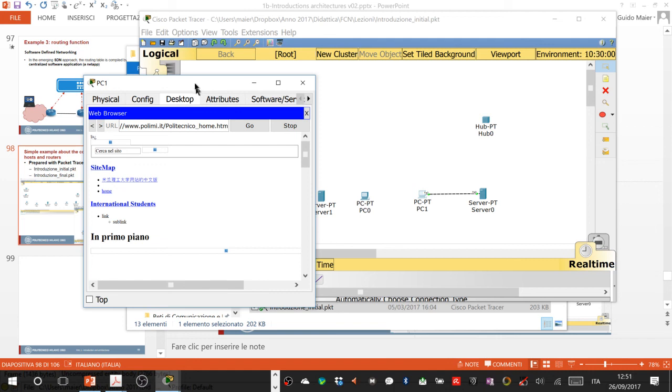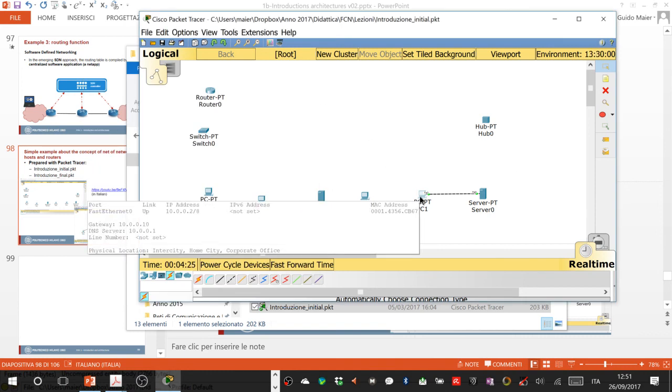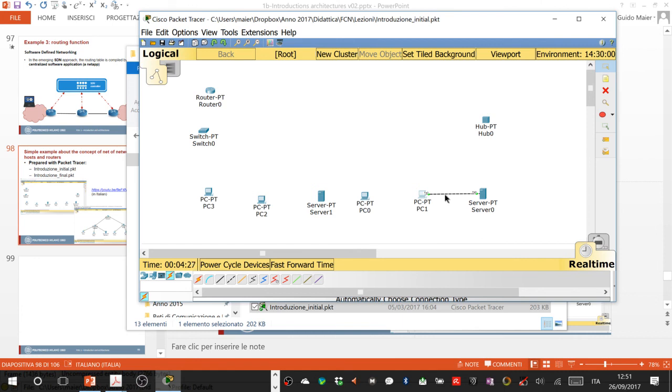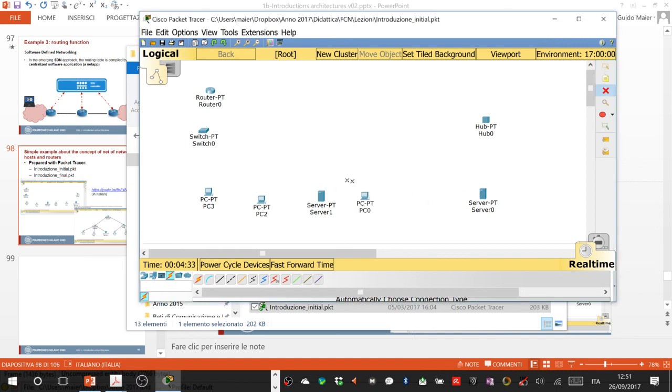Obviously, we don't want to have a single connection from a client to a server. We want to be able to log into the server and use the server by different clients in the same way. So we are in the local environment inside the campus. We can use